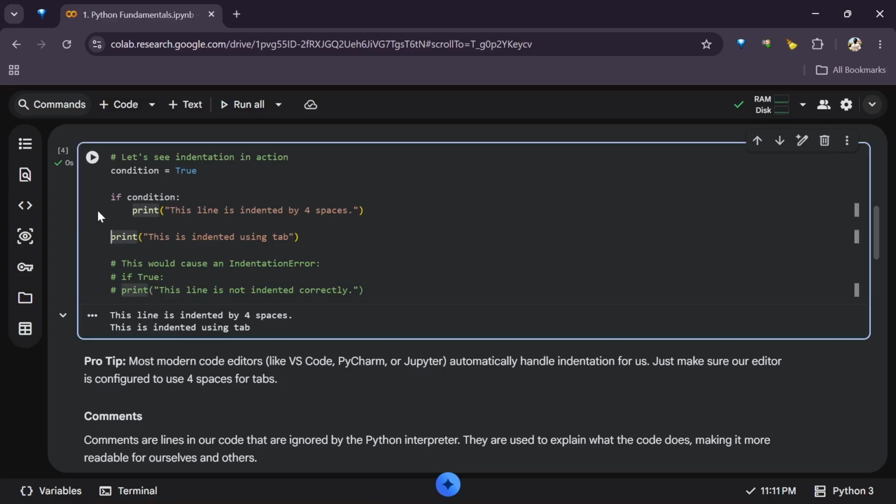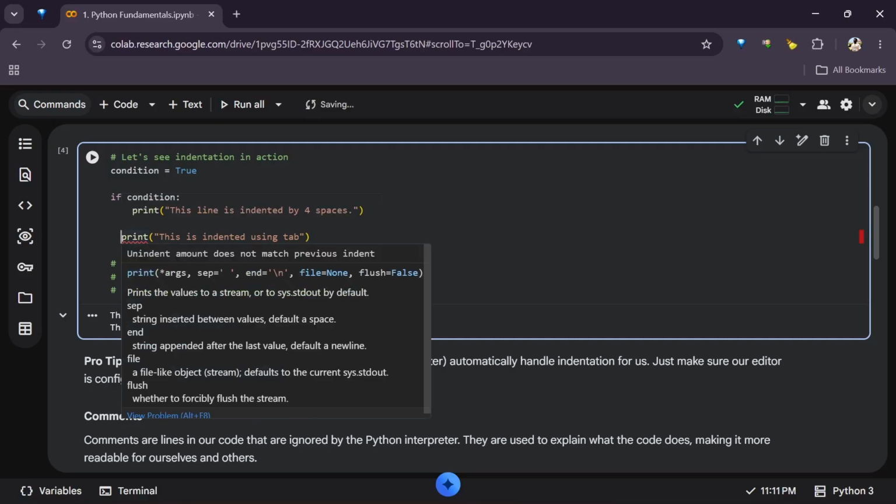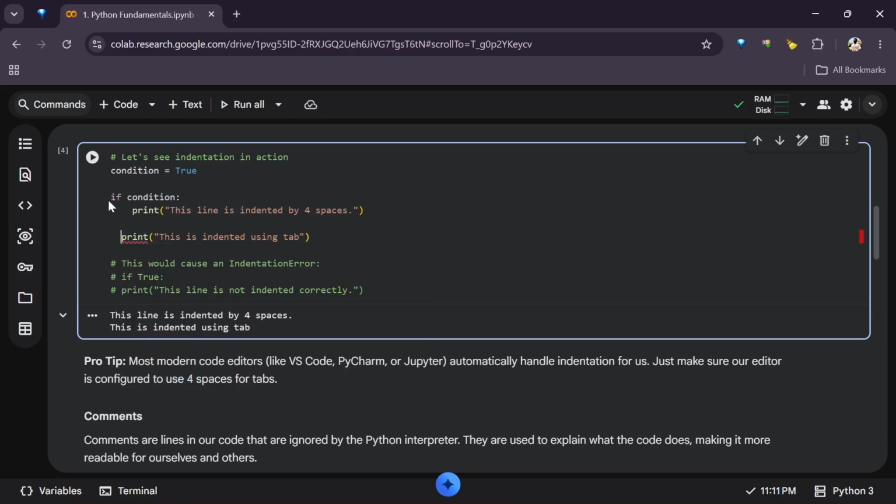However, if I do something like this, the indentation becomes a problem. You can see that even before I run it, it's already underlined because it's not matching any level. Do not forget that the idea is parent, children, grandchildren, something like that. So it follows that kind of tree. This must be under something, or it should be standing on the same level as something.